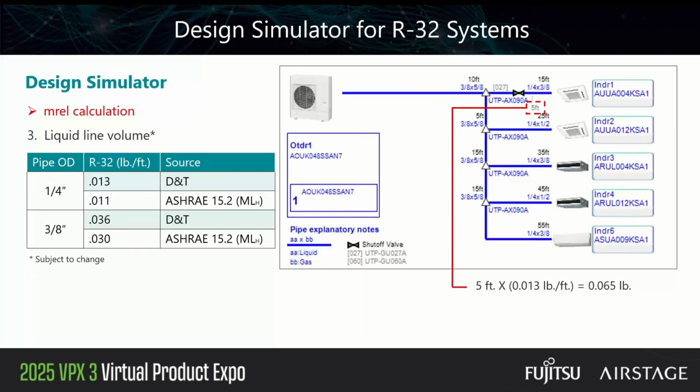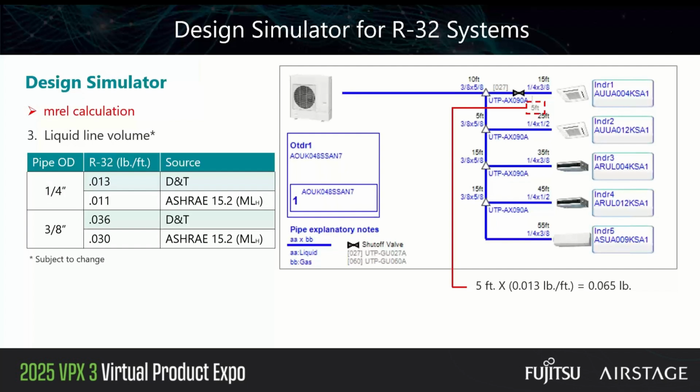Now let's take a look at the liquid line. So I've got 2 different sources here, the D&T and ASHRAE, because I want to show you how close they actually are. Through our D&T and our installation manuals, we know that with our VRF systems, if we have a 1/4 inch liquid line, our added refrigerant charge is going to be 0.013 pounds per foot. ASHRAE standard states